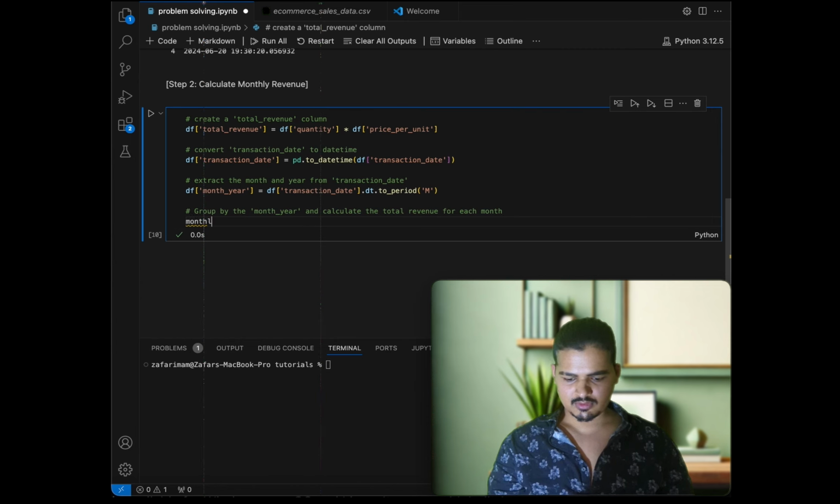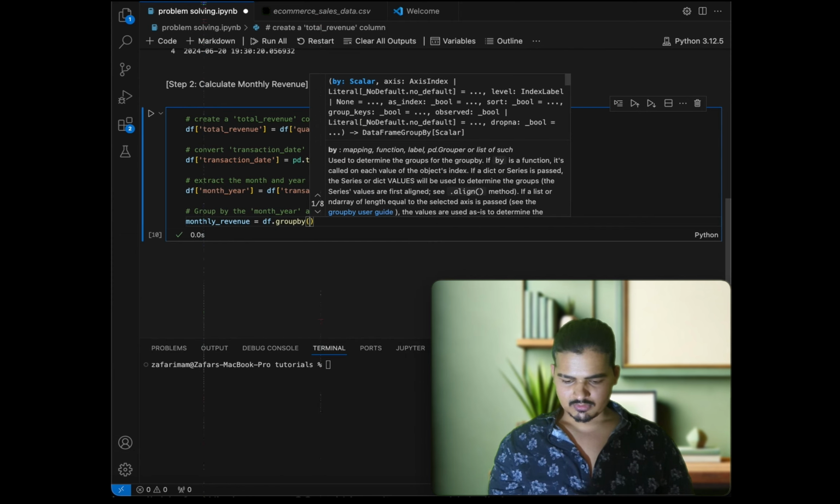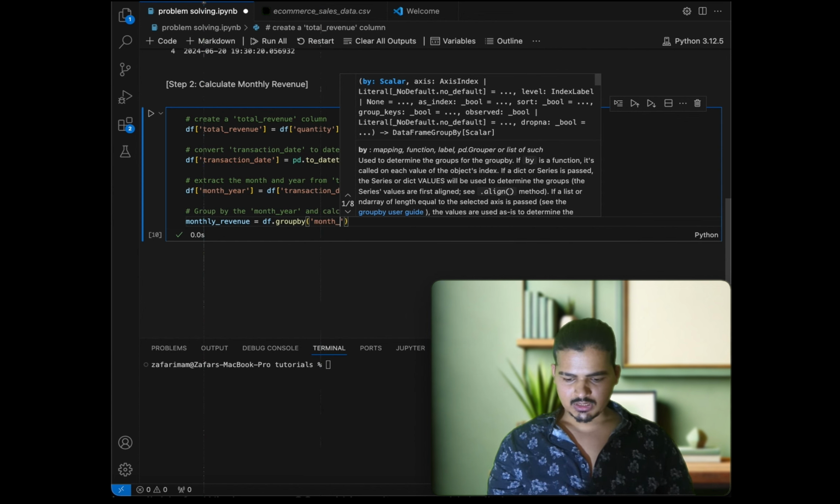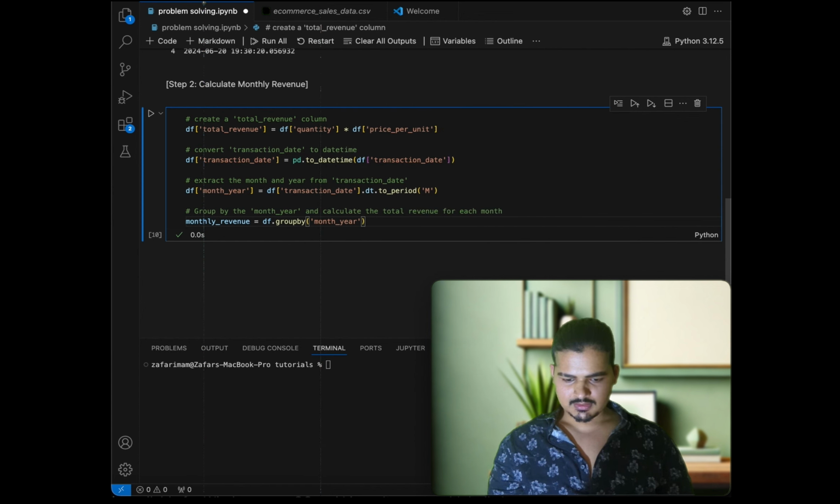So here we have monthly revenue equal to df dot group by. We will group by month year, and then we'll use the total revenue column which we already generated, and we will run a sum over it. So this should do it. I think the monthly revenue is